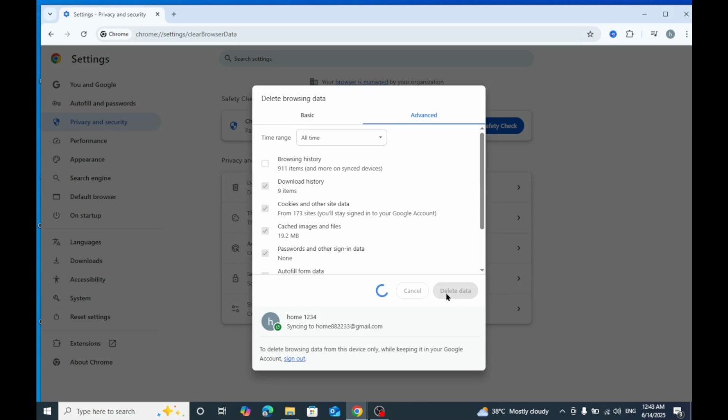Wait a little time to finish. This will make your Chrome browser faster too. It will take a little time,